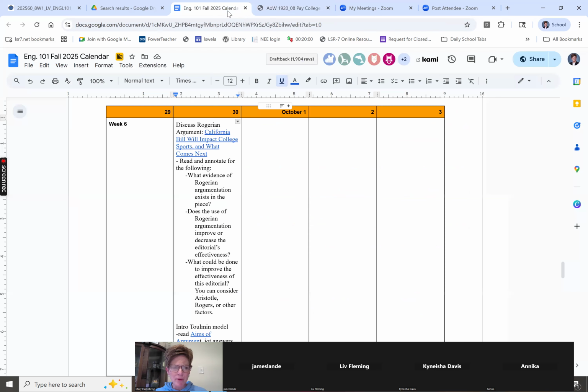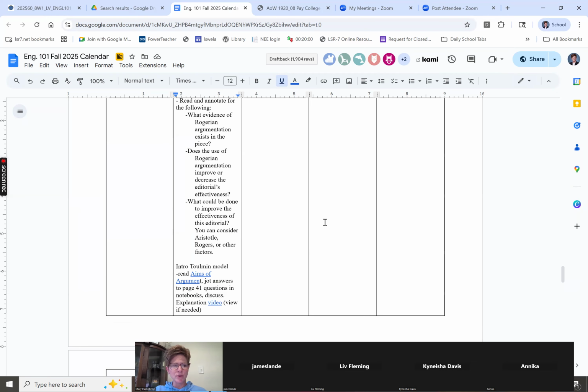All right, well, good job with Rogerian argument. I think Rogerian argument is one that gets skipped over quite a bit, because I feel like in Western culture, we're trying to win an argument, right? We're constantly trying to persuade or win, make people adopt certain beliefs or take certain actions, okay?